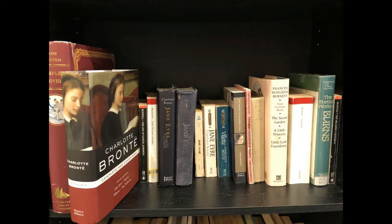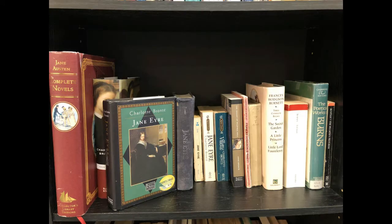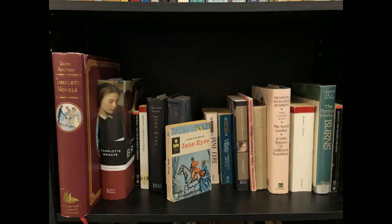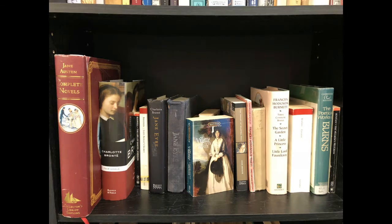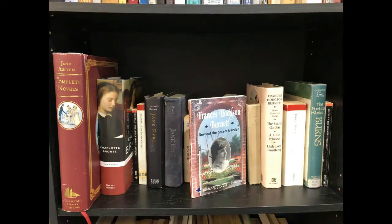And I also have 4 novels of Charlotte Bronte's, Jane Eyre, Shirley, Villette, and The Professor. The Life of Samuel Johnson, Lady Audley's Secret, another copy of Jane Eyre, and then 3 more copies of Jane Eyre. I went through a phase when I was kind of collecting Jane Eyre. Another copy of Villette, and then Anne Bronte's The Tenant of Wildfell Hall, a biography of Frances Hodgson Burnett, and